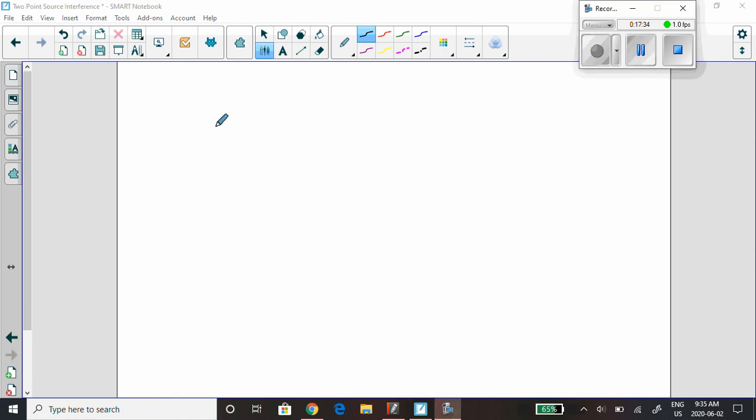Let me show you what I mean by that. Here is S1 and here is S2. And let's say we have a point right here, any point. Well, you see, here is the distance between the two of them. Now, as I extend Pn to be further and further away,